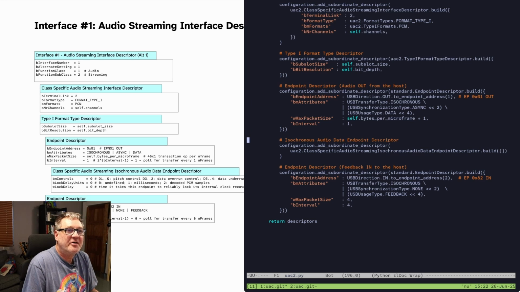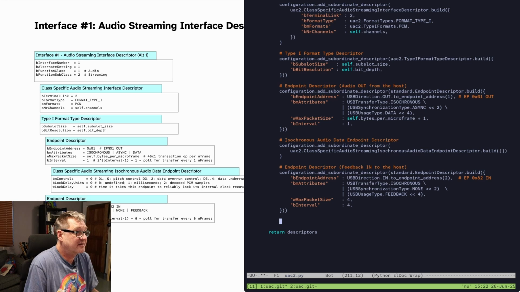And then we again just mark that as the isochronous audio data endpoint, and then we've got the second endpoint, which is the synchronization endpoint. What that's responsible for is making sure that the audio in the device and the host are synchronized. We'll cover that later and talk more about that. But for now, all you need to know is it's an isochronous endpoint, and it's got a max packet size of 4 bytes, and it happens every 4 microframes. And that brings us to our